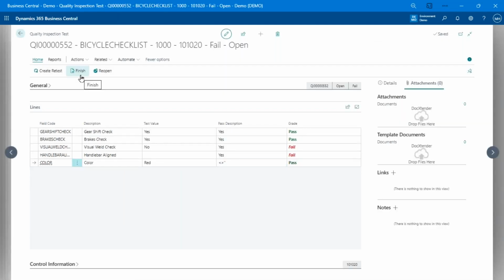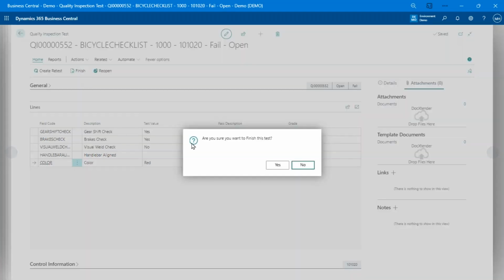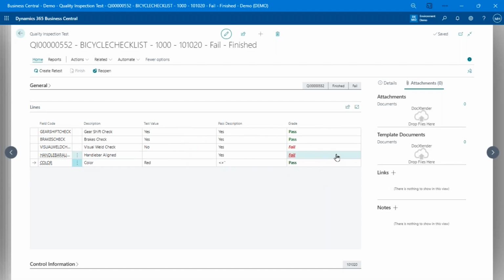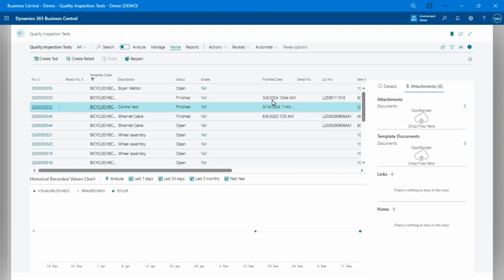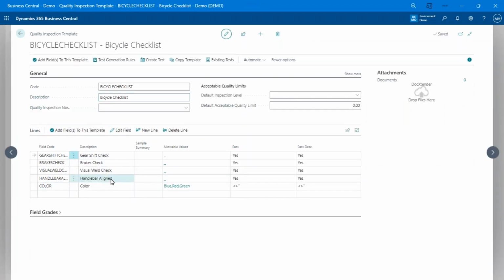Okay, so again, what would happen if I hit finish there? It's going to go ahead and execute all of those actions because it was failed. Some of those actions won't work. I don't have a serial number on here and those sorts of things. But that workflow will run and do everything it needs to do. Simple as that. Okay, now those were two test templates that I defined ahead of time and just showed you